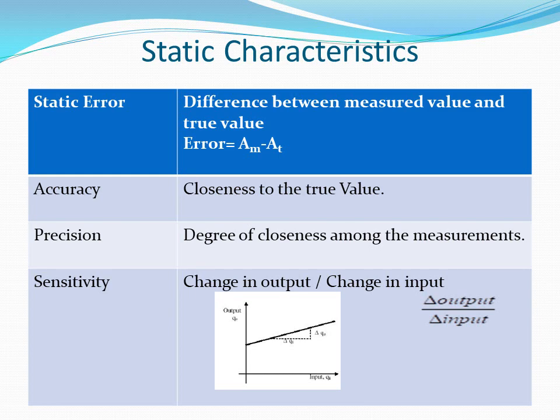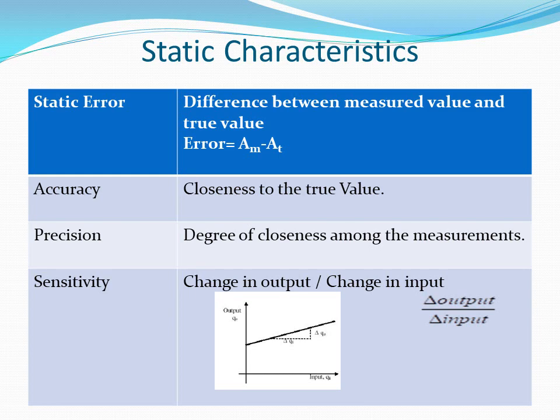The first instrument is showing the 1 kg of apple as 900 grams. The second instrument is showing the 1 kg of apple as 990 grams. So I can very well say the second instrument is more accurate than the first instrument. So accuracy is always closeness to the true value or the original value.